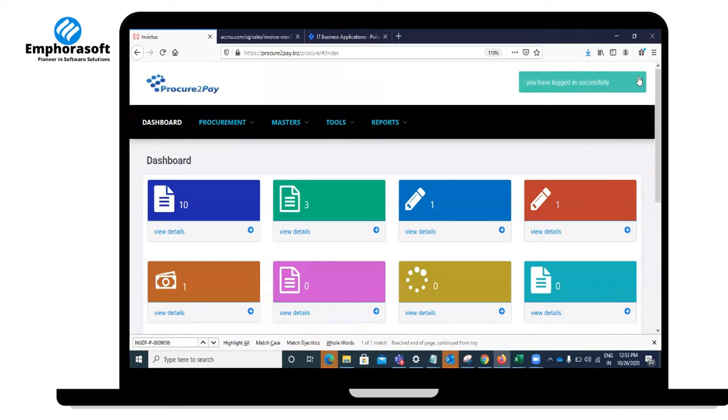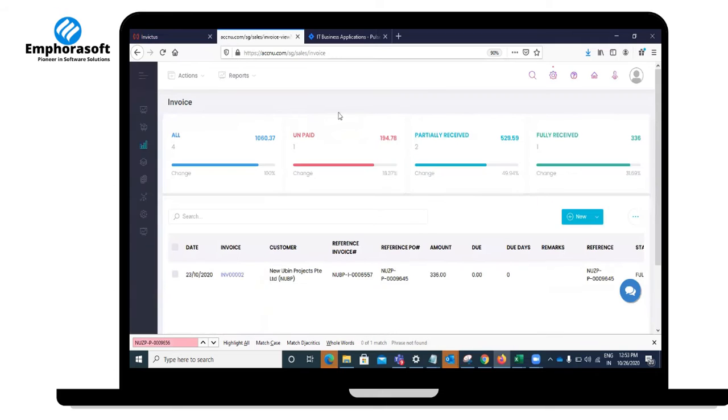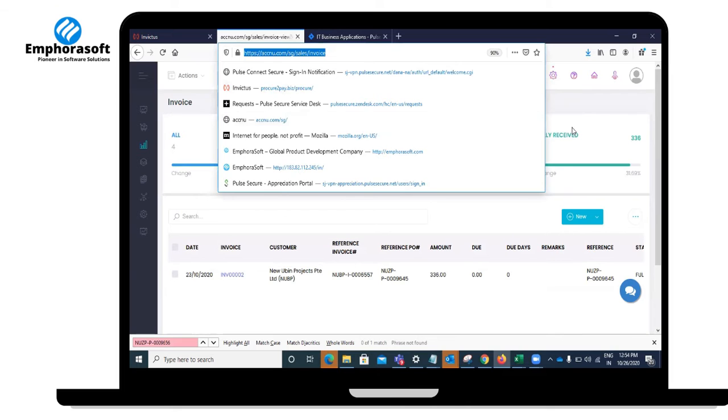So this is the supplier account, and similarly the associated ERP for the supplier, because this is an ERP account.